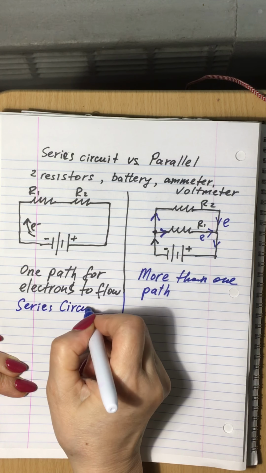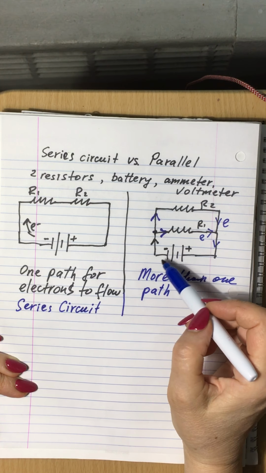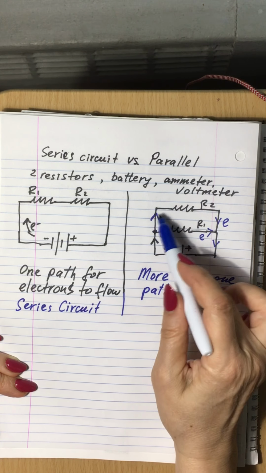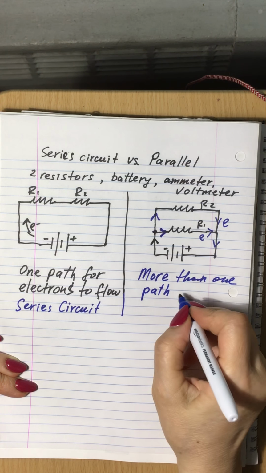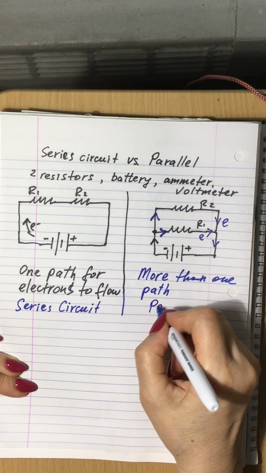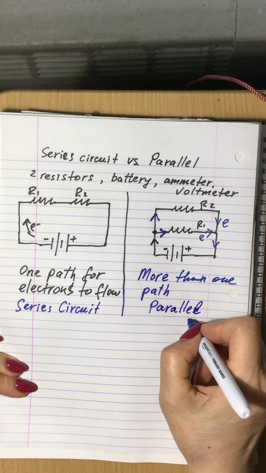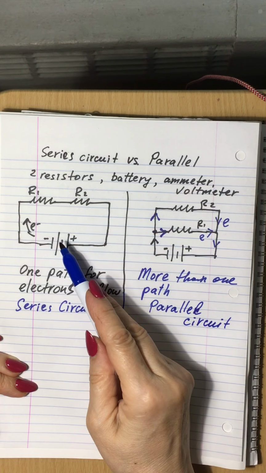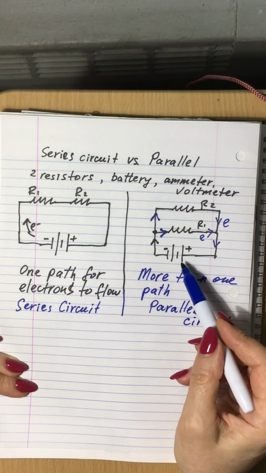And this one has more than one path for electrons to travel, and it looks like a parallel position for the resistors. It's called a parallel circuit. So that's the main difference. One path, series connection; more than one path,